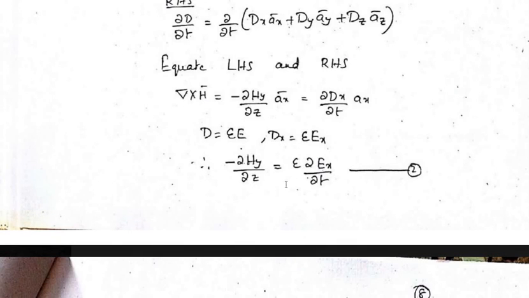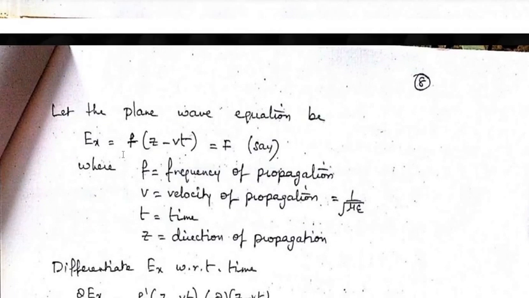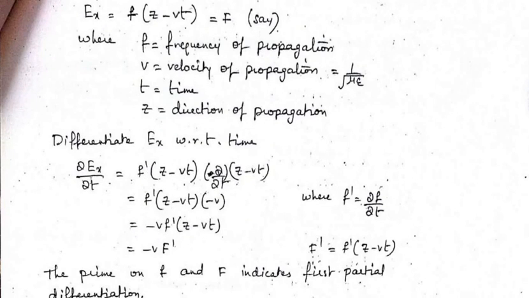Dou Hy by dou Z is equal to epsilon dou Ex by dou T. Now here we need to use one equation from physics, which is Ex is equal to f of (z minus vt). Let us suppose this is equal to some capital F. Here small f is the frequency of propagation, V is the velocity of propagation, T is the time, and Z is the direction of propagation. Now differentiate this equation with respect to time. So we write dou Ex by dou T is equal to